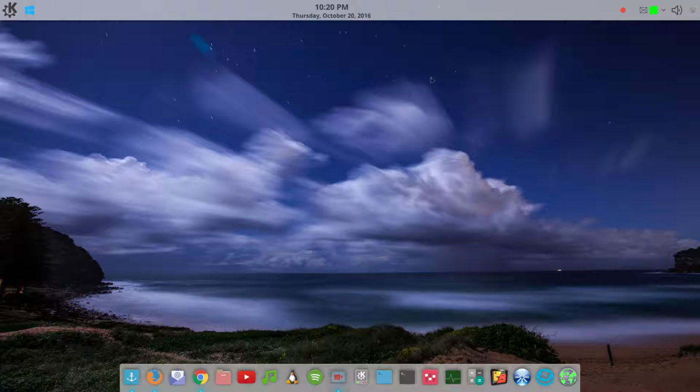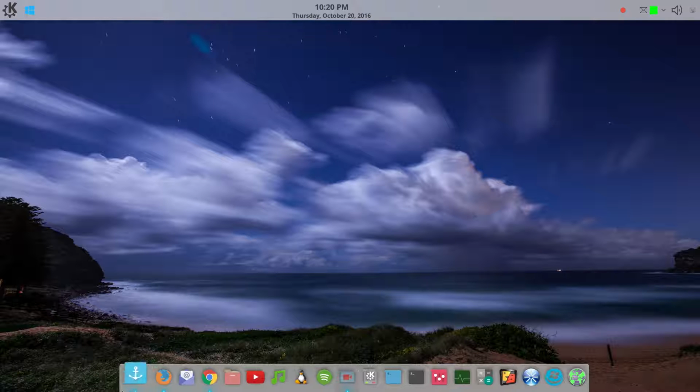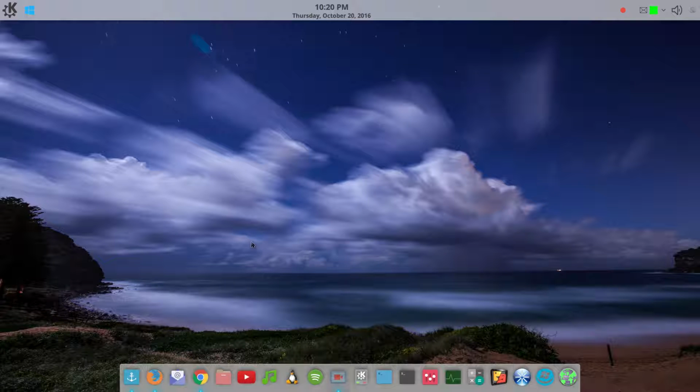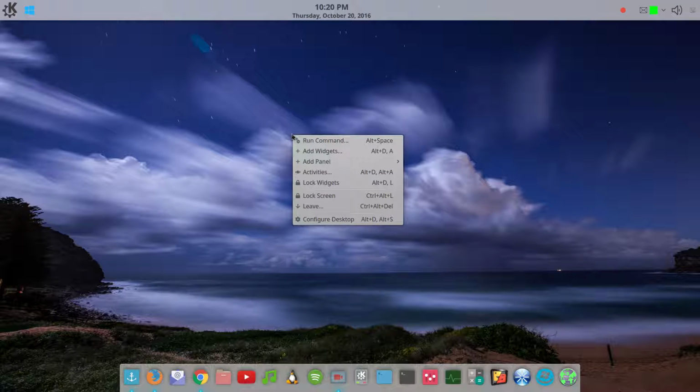So first thing I do is I take off the task manager that shows you all your windows because I like a clean panel. The next thing I do is I install Plank. Now, some people don't like adding PPAs to their system, so I will give you the code to put in the PPAs and install Plank. But for those that do not want to install an outside PPA,